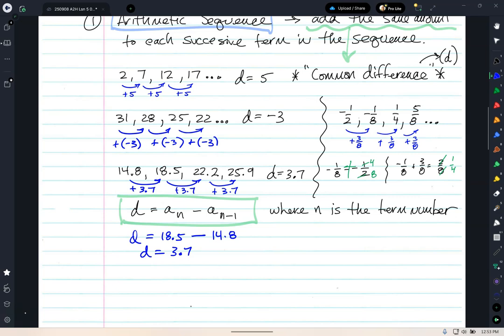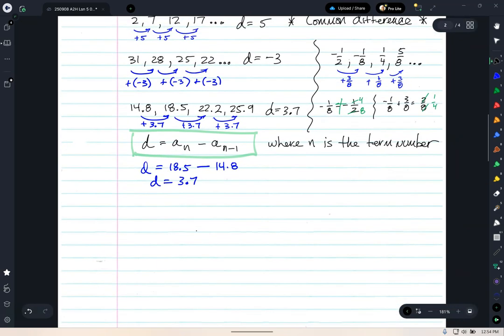Questions? Arithmetic sequence. Tell your neighbor what it's called again. It's a little weird sounding. All right, let's talk about then